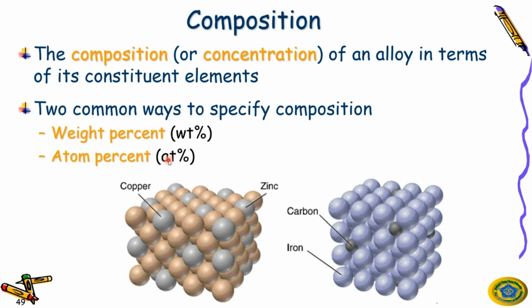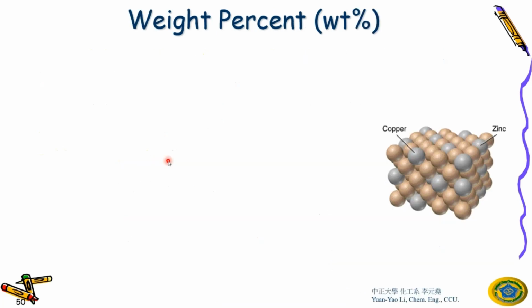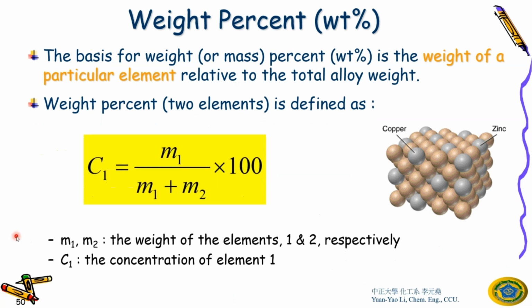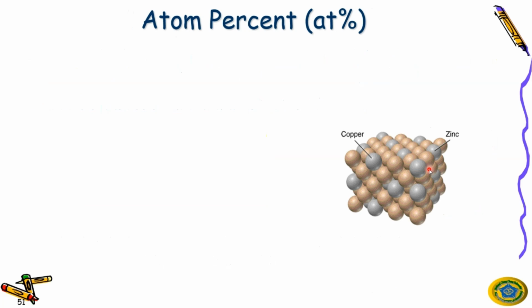Atom percent is sometimes more useful; you can use mole, right? I think this is very easy, so I just want to skip this. The concentration is M1 divided by M1 plus M2, the weight of M1 divided by the weight of M1 plus M2. And so atom percent is